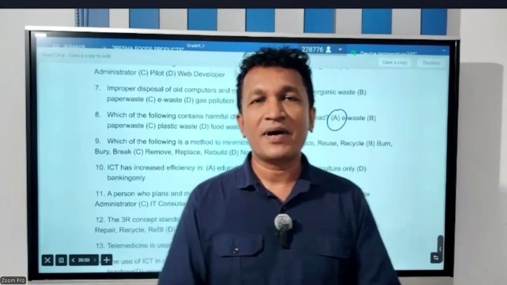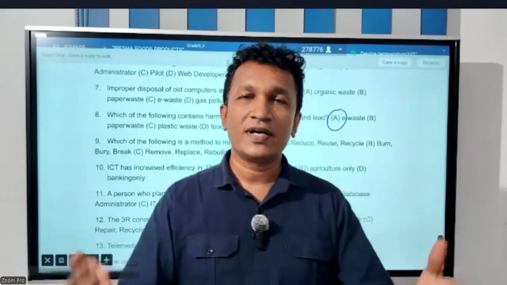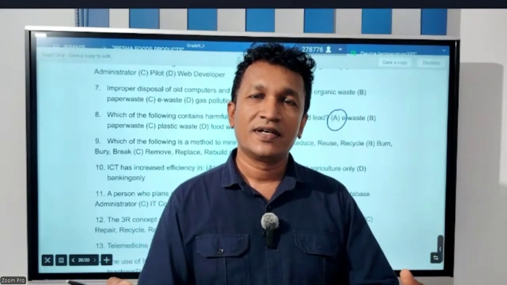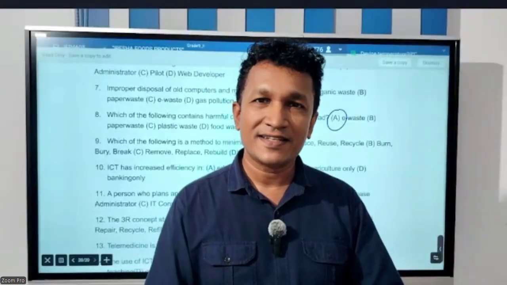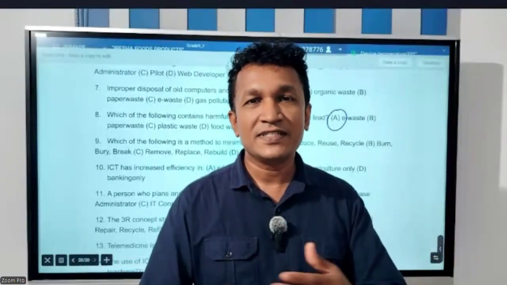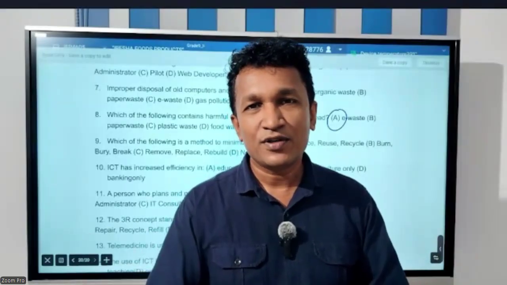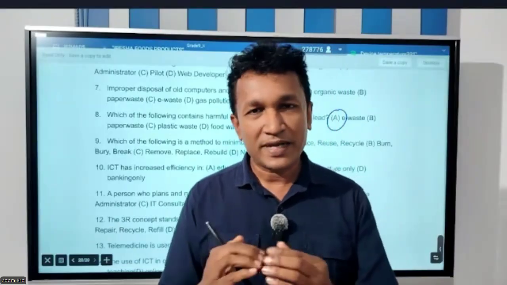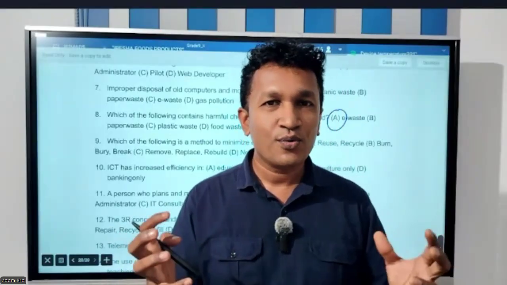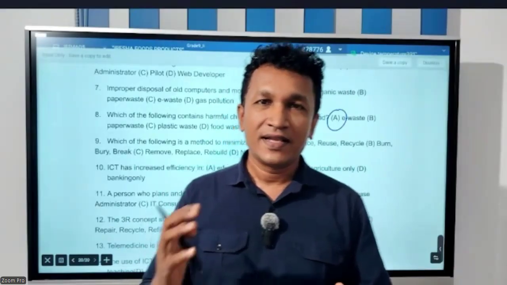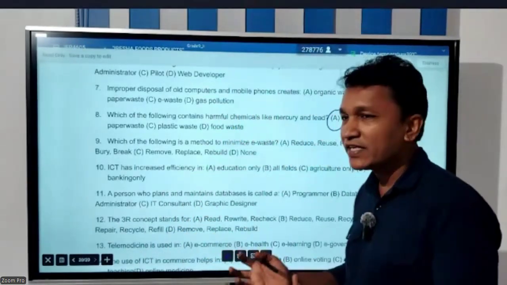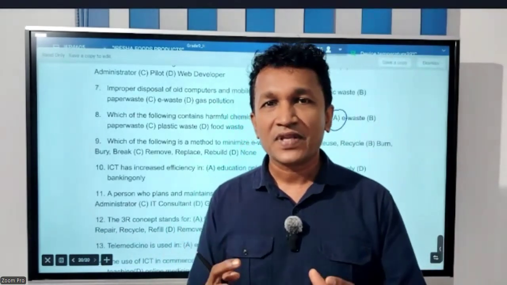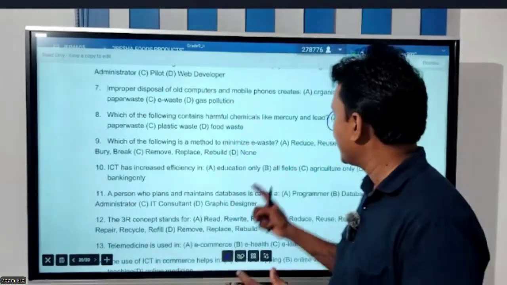Let's think, when we go to alibaba.com, when we go to Temu, when we go to Daraz, those kinds of websites, when we search some items, because it looks perfect and beautiful, we purchase them, right? But there is no need for that. So by reducing the purchases, reducing the use of electronic items, we can reduce e-waste, right? So that is reduce.